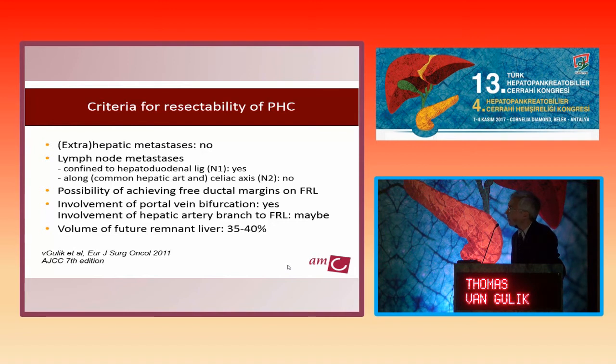Involvement of the portal vein bifurcation: when that happens, you should be prepared to excise the portal vein bifurcation, so that is not a contraindication. But when there is involvement of the hepatic artery branch to the part of the liver you want to preserve, and usually that is the right anterior or posterior branch of the hepatic artery in a patient in which you want to do an extended left, I think that is a problem because